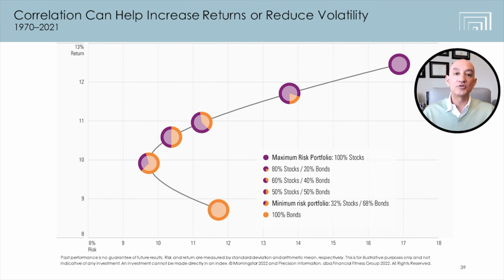This chart also will tell you why even the most conservative investors, meaning people who are putting money away for the long run, money that they're not going to tap into for a period of time, should have some stocks. But it'll also show you why even the most aggressive investors should have some bonds. Because look at the other side of this. This purple is the all stock portfolio. If you had added 20% in bonds to it, you would have reduced your risk substantially, but not taken too much away from your returns.